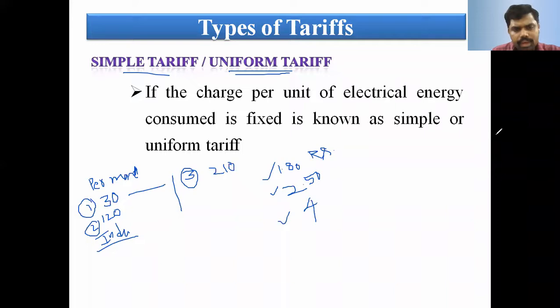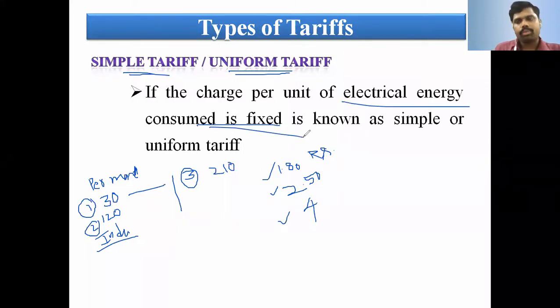Here, the major advantage is that the calculation is very, very simple. The EB person just enters the service number, the number of units consumed and the number of units previously utilized. The difference gives the total number of units in the particular month. But here, in the simple tariff, the electrical energy rate is already fixed. Already they are kept at a certain amount.